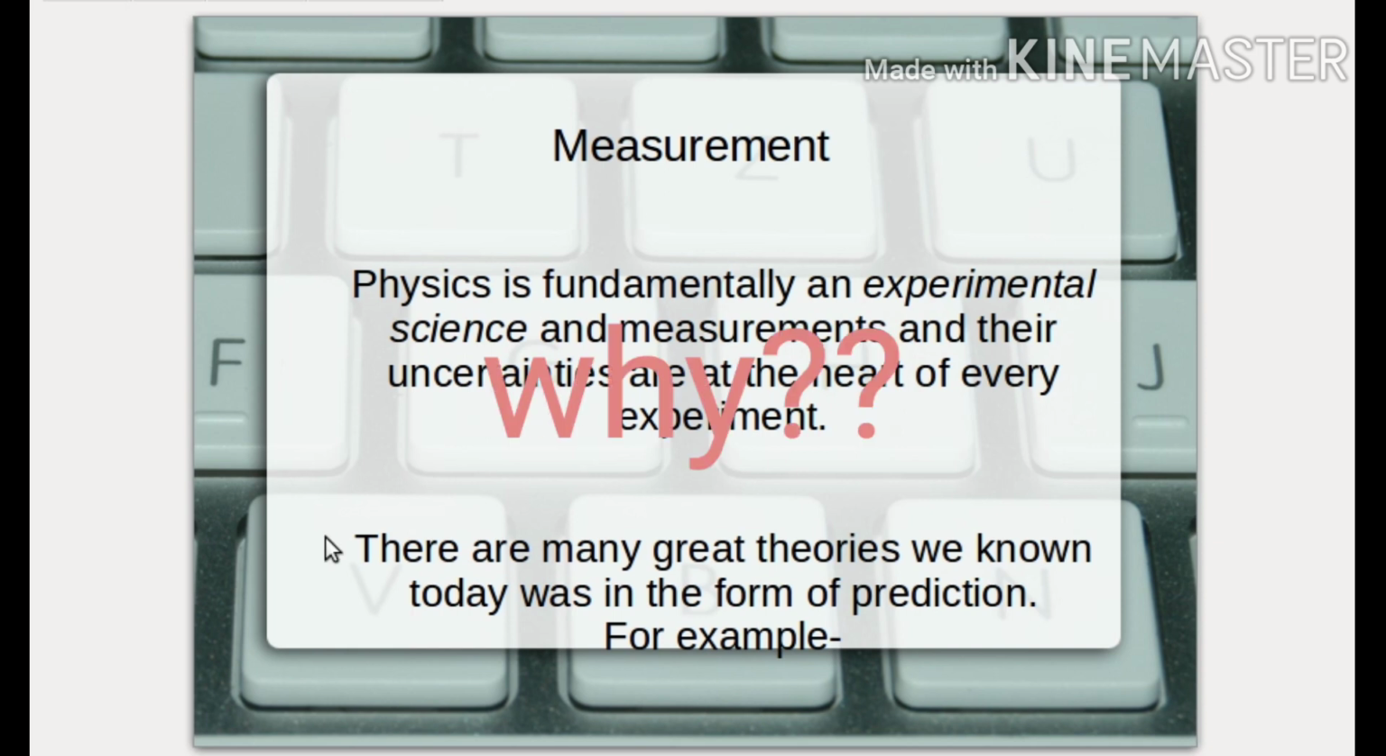So there are so many great theories known today that were in the form of predictions. Means they predicted and then by experiment, by the trial and error method, they corrected their theories and now we study them. So for example,